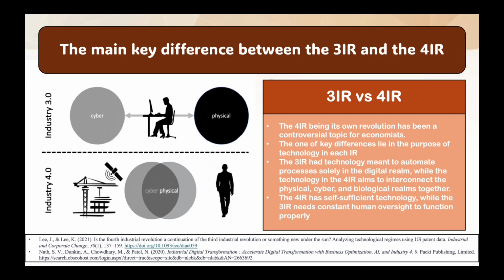Tech in the Fourth Industrial Revolution analyzes real-time data and adapts depending on the different tasks. The ability to analyze real-world problems isn't the only thing this technology can do, however. It can also be said that this technology can be self-sustainable, meaning there can be little to no human oversight while it can still function. This was unattainable with the technology in the Third Industrial Revolution, and to take it a step further, especially the second and the first. Now on to Jonathan, who will tell you all about the Fourth Industrial Revolution in the